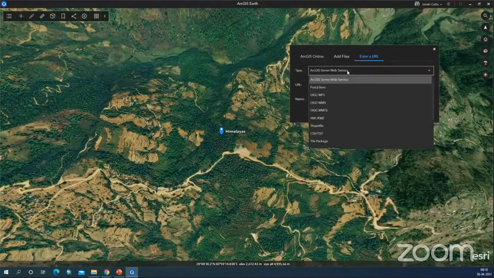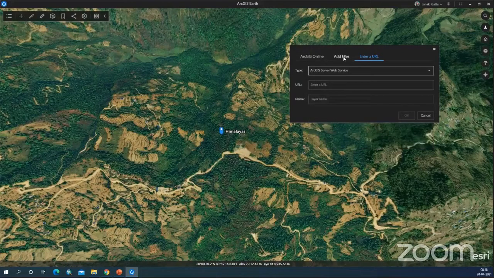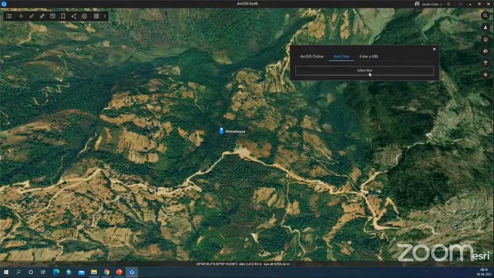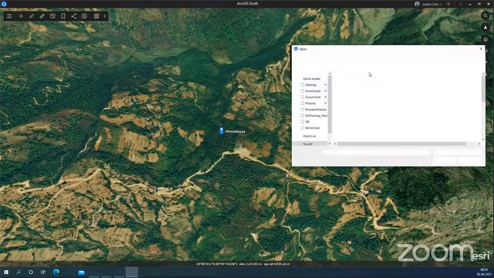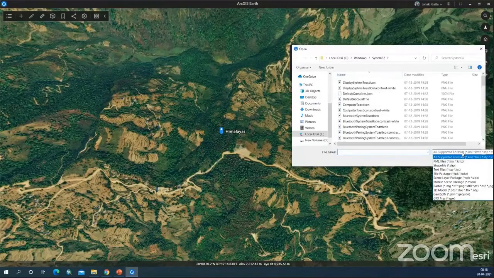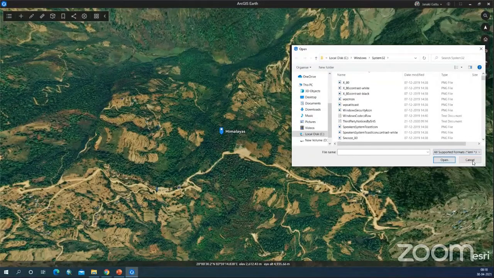If you have web services, you can pick up the web services, or you can use the OGC services. If you have a shapefile, you can upload the shapefile. If you have a CSV text file or GPX file, you can take that particular URL here and you can upload it here. Or if you have your own data, you can use the add files button here. And you can select the files and you can take the KML, shapefiles, text files, scene packages, style packages. So you can take the files that you have on your machine.